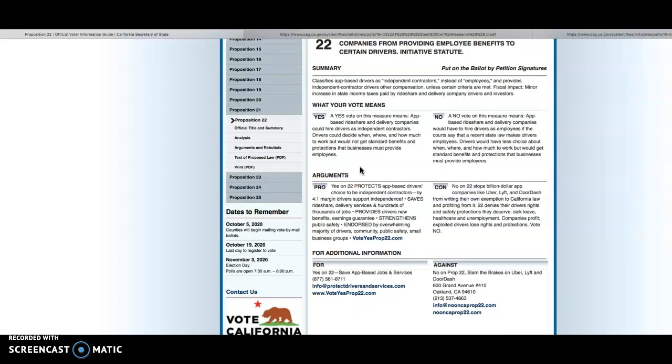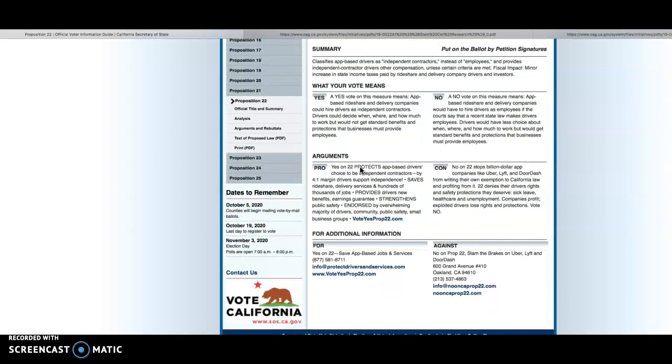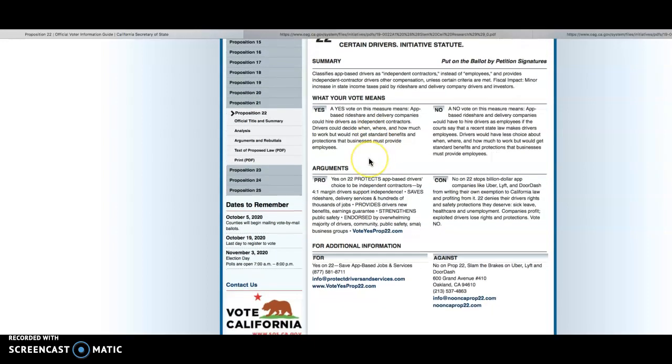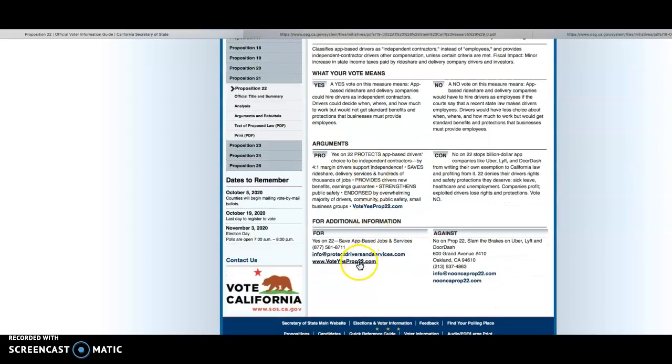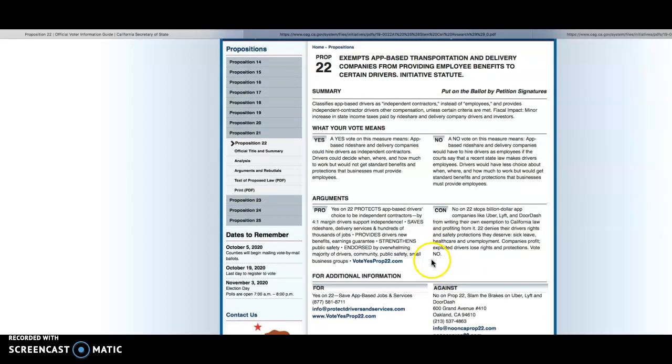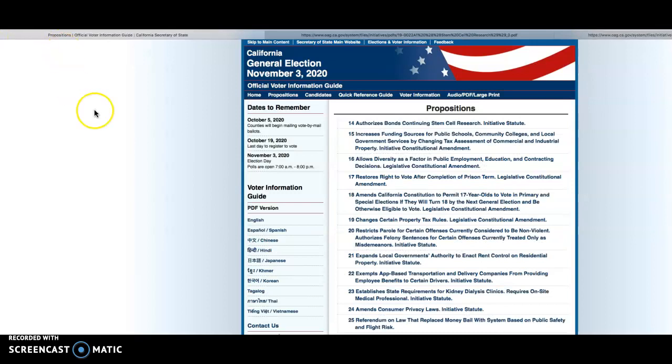Very different than what we looked at in the previous Secretary of State website, where it got into the details and we were looking at the actual document. So I highly recommend using this. Get yourself familiar with it. You can click on these links here to get more information, but keep in mind that for this particular website, it's going to be a little bit biased because they want you to vote yes. Same for the vote no for Prop 22. Each one of the propositions is going to have a similar format. So feel free to use that as a guide for helping you better understand California elections for this November 3rd.